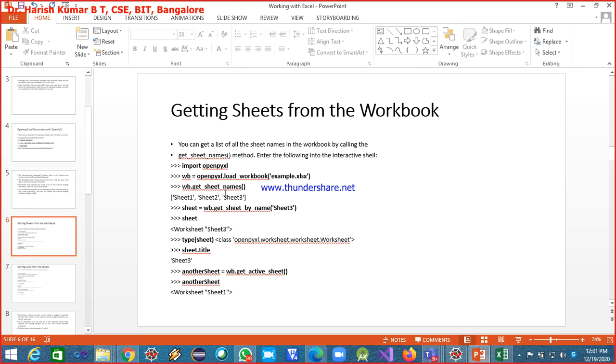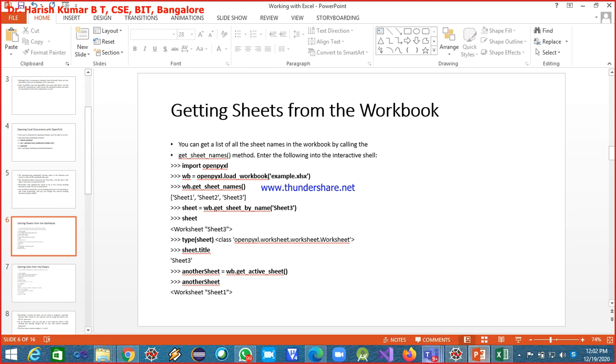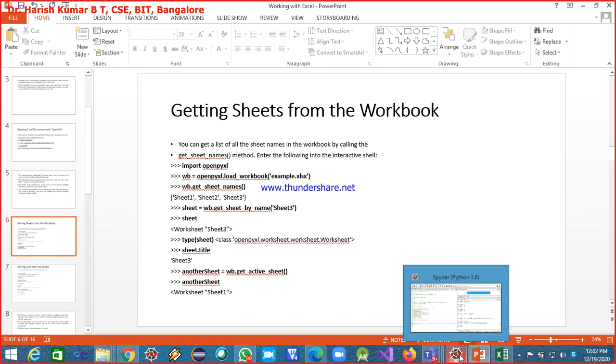They are written in such a way that they can be easily remembered. So invoke get_sheet_names on the wb object, and what it returns is the list of sheets. You can see here Sheet1, Sheet2, Sheet3, but in our case it is the accounts, balance, and transfer sheets. We'll do this in the interactive Python shell one by one.